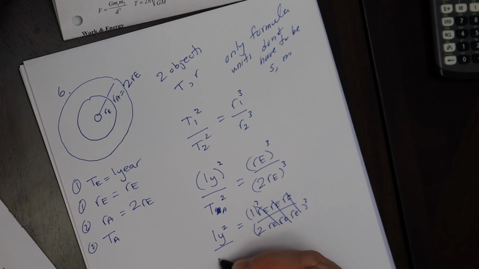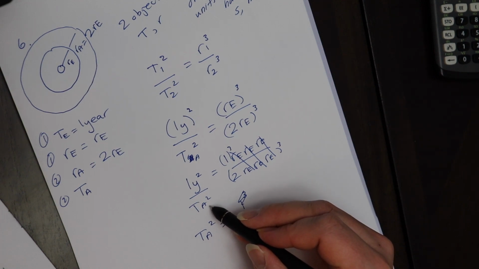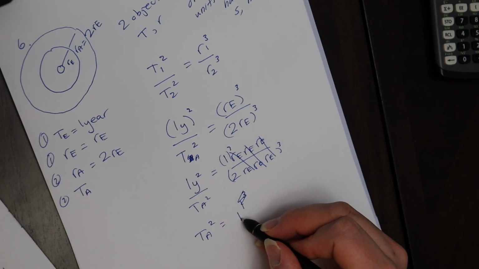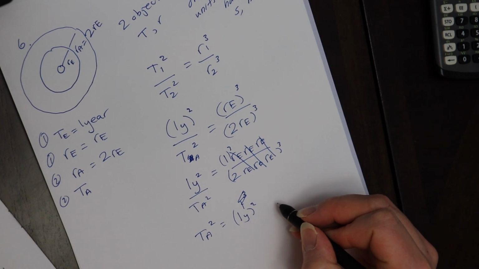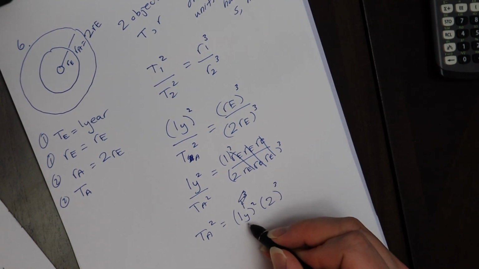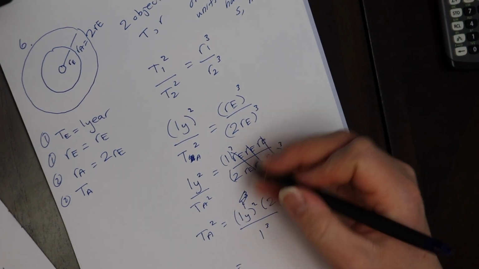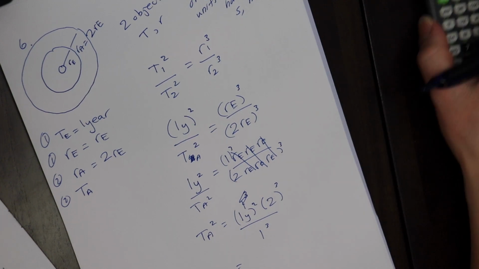Okay, so finishing off this. So what do we have here? Well, we're trying to find TA. So if we think about cross multiplication, this TA squared is going to be 1 year squared times 2 cubed divided by 1 cubed. So this is easy because this is all 1. And so I get